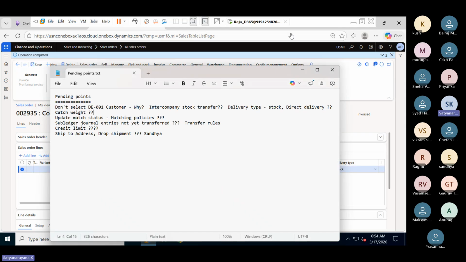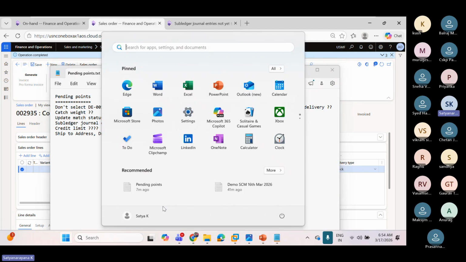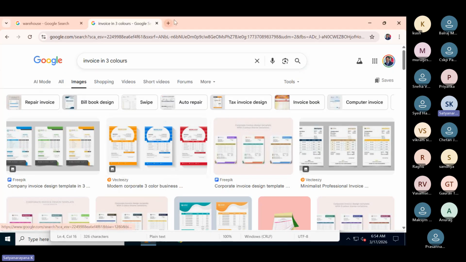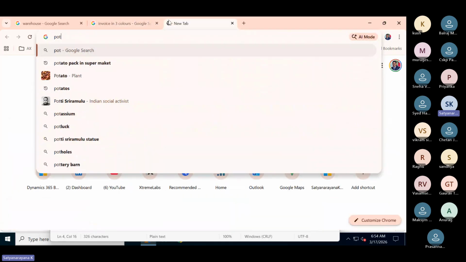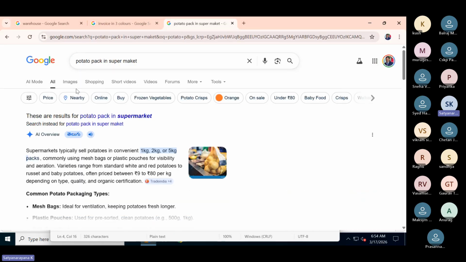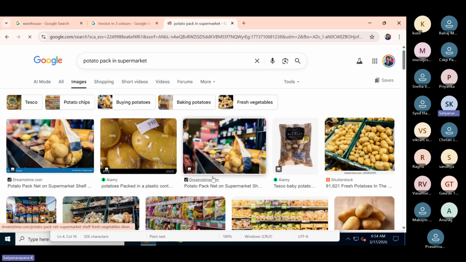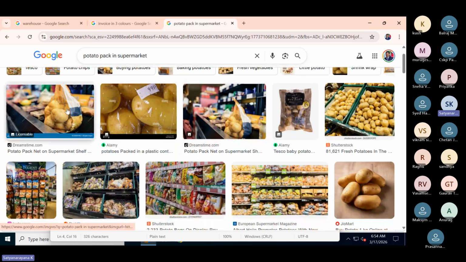Suppose you are purchasing potatoes. If you go to any supermarket, I will explain in detail in future. Example I'm taking: potato packs in a supermarket. 1 kg packets are there. One pack is 980 grams, another pack is 1025 grams.